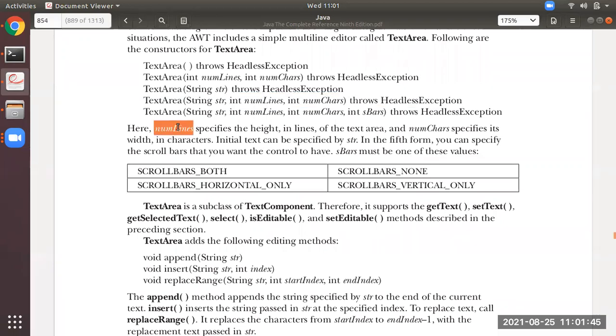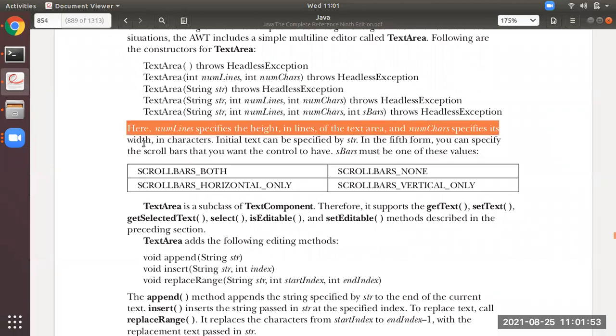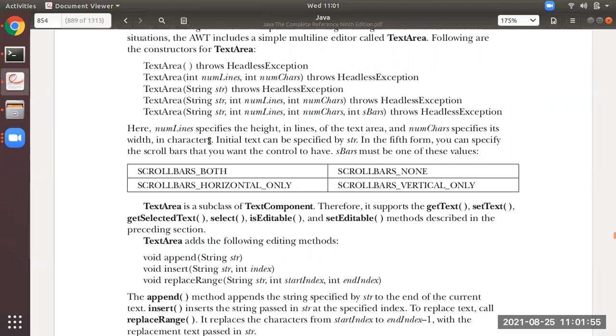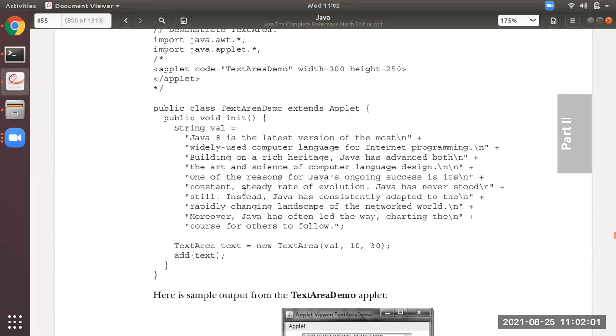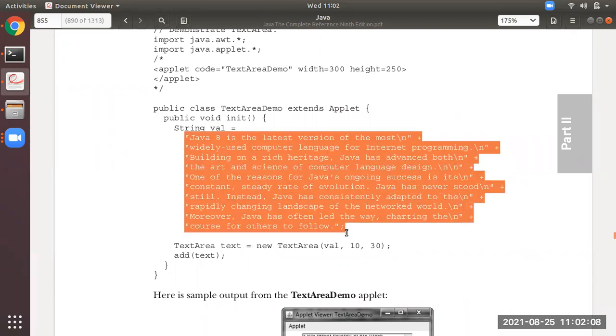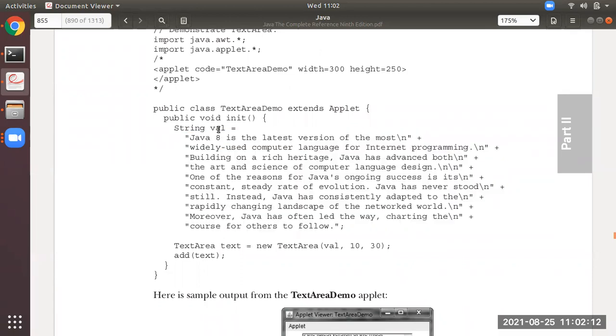So you see here, numLines specifies the height in lines of the text area. How many lines you want. numChars specifies the width in characters. Initial text can be specified by str. Like in this example program, you can see string val is a variable with this many strings, all concatenated, so all of them are available in this val variable.